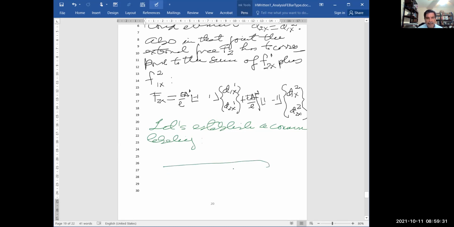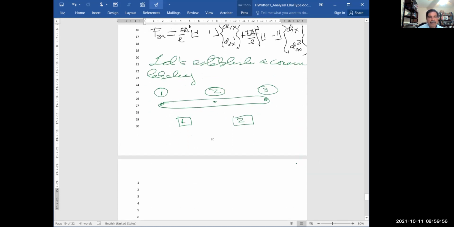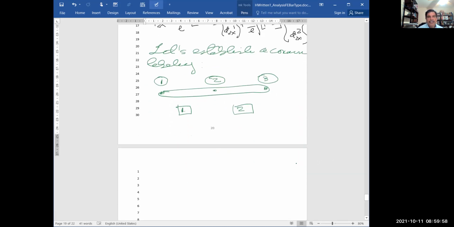So this is our system. And this here, we're going to call joint 1. I'm going to call this joint 2. And this is going to be joint 3. This is going to be the element 1. And this is going to be the element 2. Now, let's use this labeling in order to establish the equilibrium. So for the joint 1,